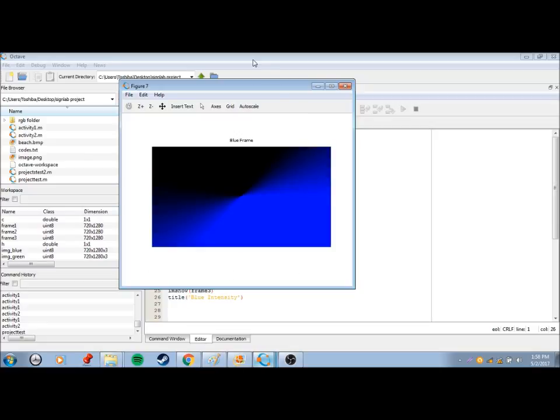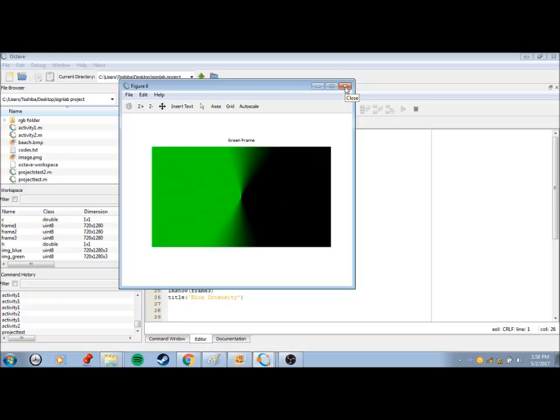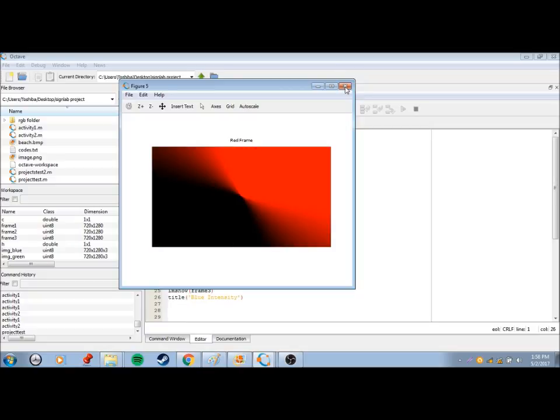As you can recall, this is the blue frame, one of the three frames that made up this image. This is what the blue frame looks like, and then this is what the green frame looks like, and the red frame.